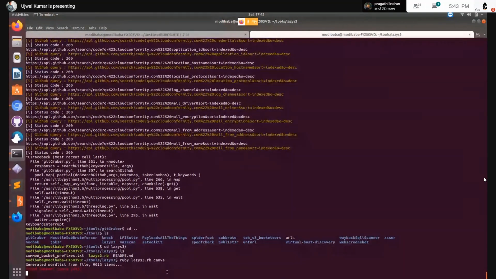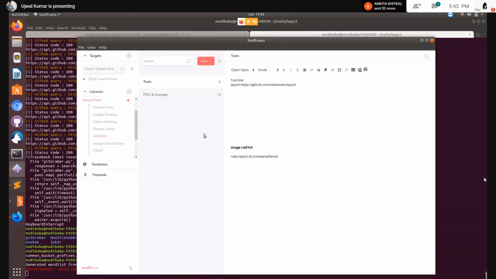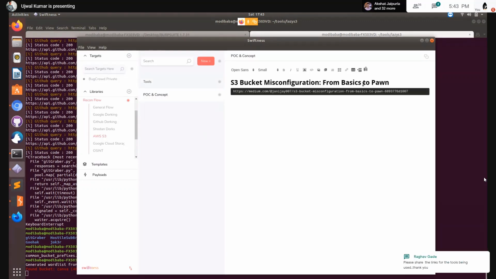Basically, what happens is, for the bucket you make, it forms in this way: name of the bucket dot AWS bucket dot S3 and so on. Wait, I have put a write-up as well. So here is the write-up which has clear information which you can read.